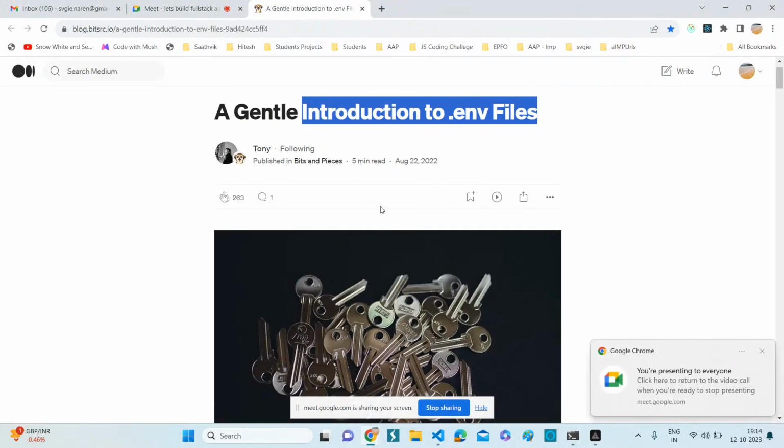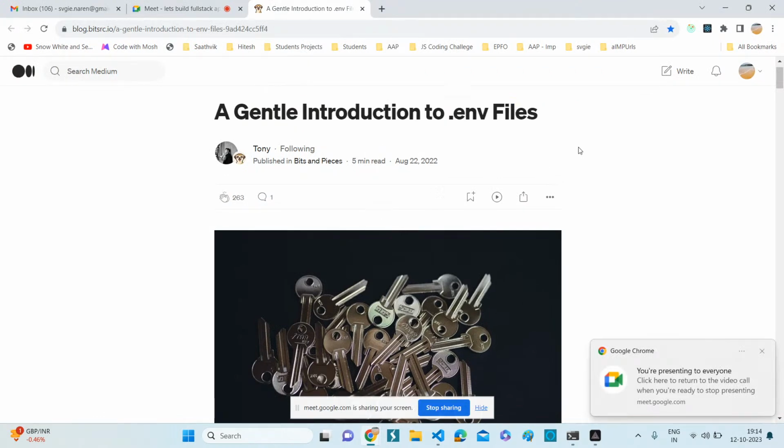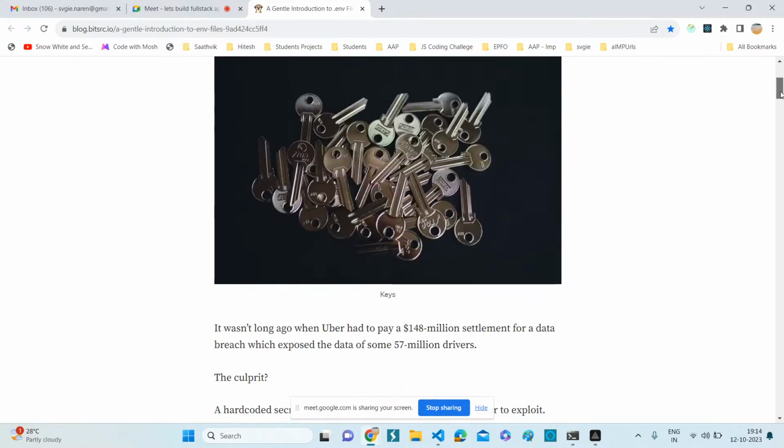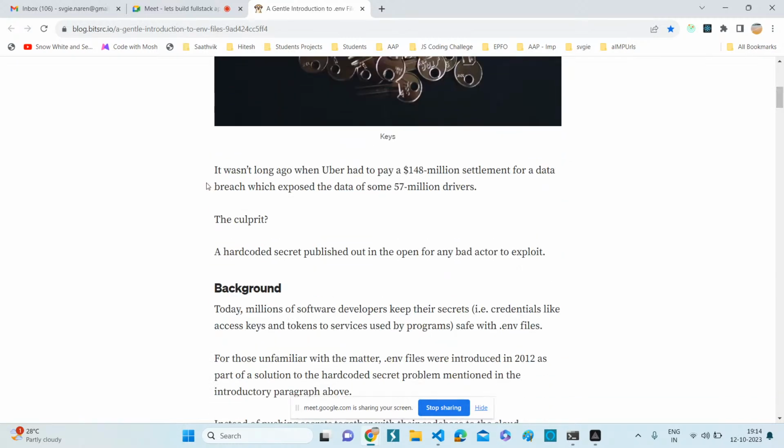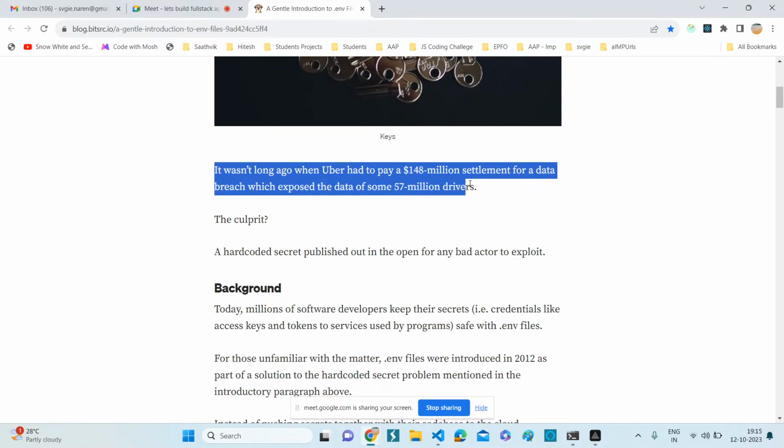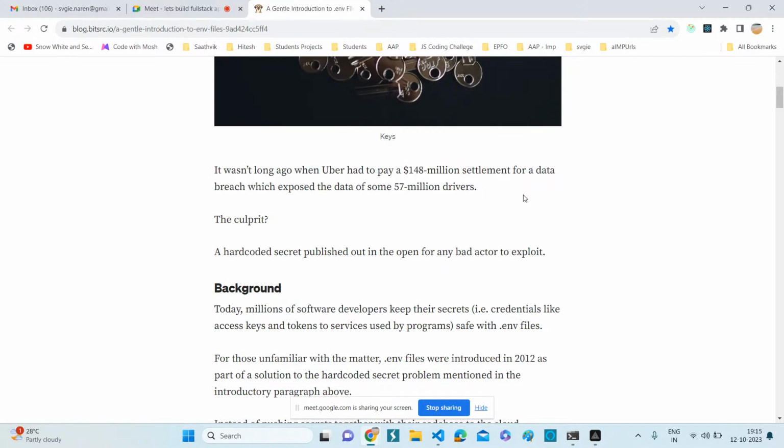Hello, all. Good evening. Today we are going to learn really the most important topic in terms of security while you are working on JavaScript projects, especially. So, before entering into the topic, I will explain the importance of .env files and the importance of this topic. Okay, just read out these two lines that it was long ago when Uber had paid